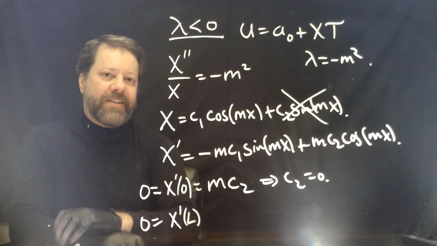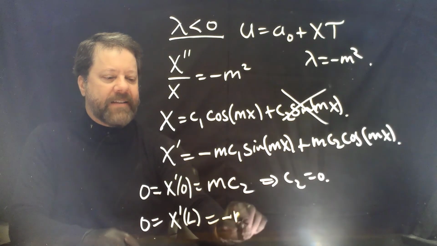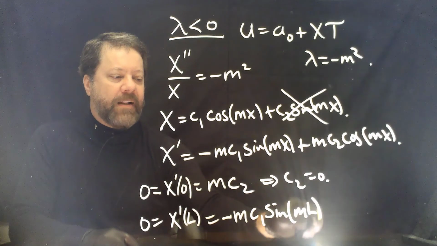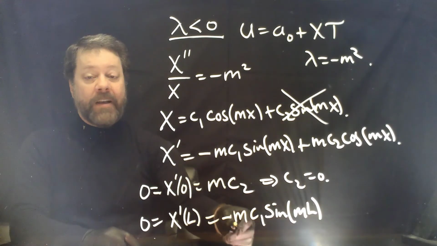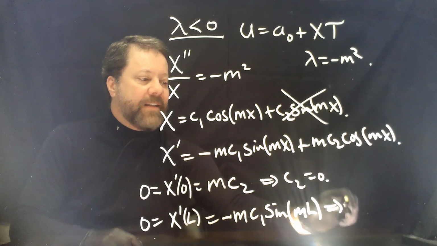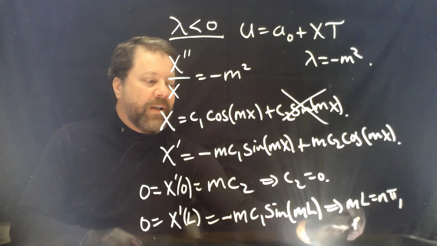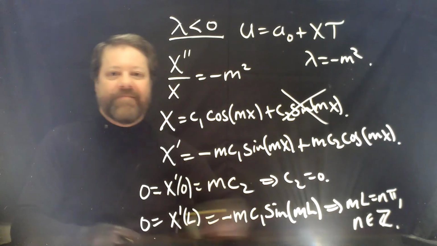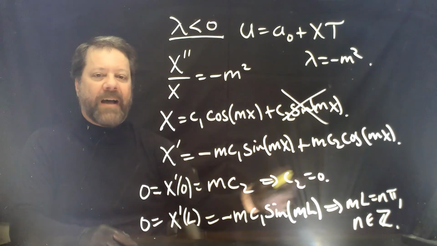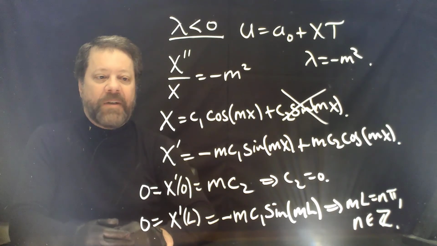We also have to get 0 at L. And so plugging in L, we have minus m C1, the sine of mL. Well, if m is not 0 and C1 is not 0, that implies that mL equals n pi, where n is an element of the set of integers. Where have we seen that before? So m will be n pi over L once again, but we're going to have cosines this time, multiplied by